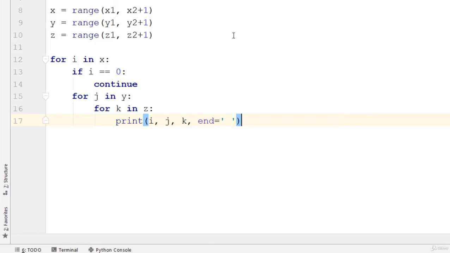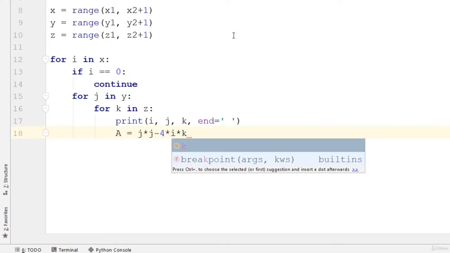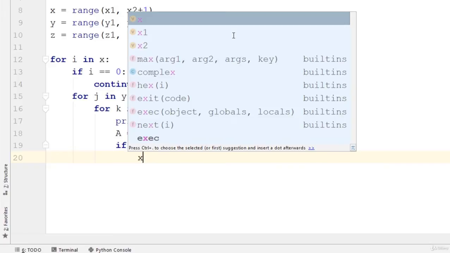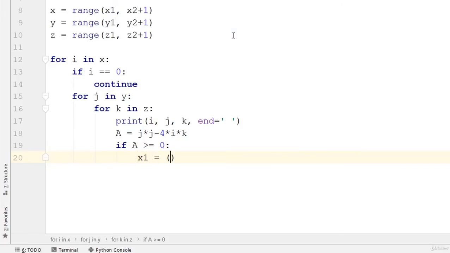Put a comma, and let's say we have a, let's say a is equal to j multiplied by j minus 4 multiplied by i multiplied by k. Now if a is greater than or equal to 0, then we say that x1 is equal to negative j minus